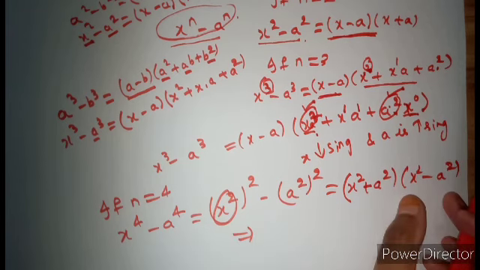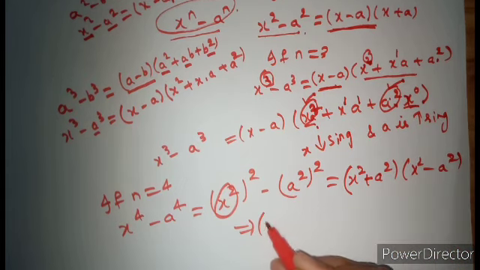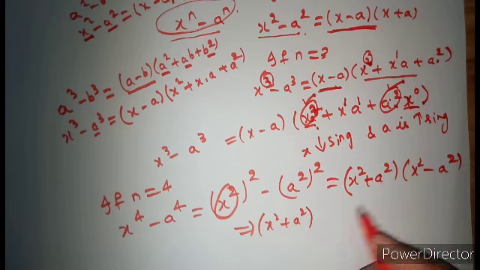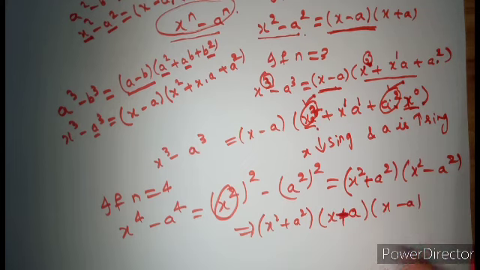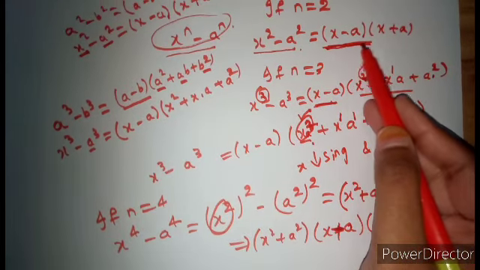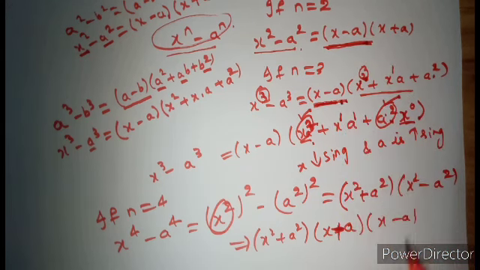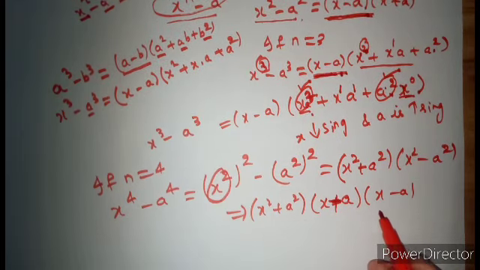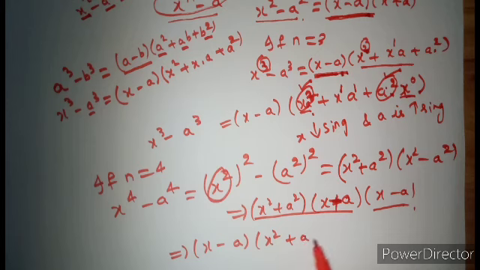Now again this is of the form a square minus b square. Its formula is (a plus b)(a minus b). First x square plus a square as it is. So it can be written as x minus a, x plus a, or x plus a, x minus a, right? So now observe, if I take n equal to 2, we have x minus a first. Likewise, if I take n equal to 3, we have x minus a as first. Likewise, if I take n equal to 4, what should be the first? X minus a should be first, right? So I have written x minus a in first. Now put this x square plus a square, x plus a.